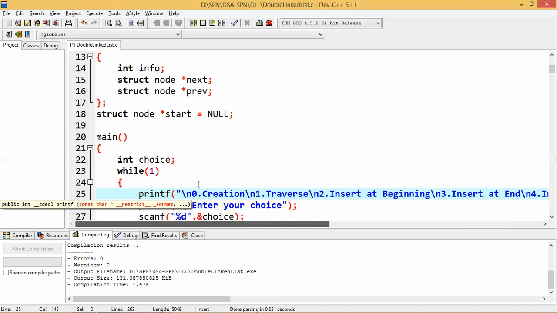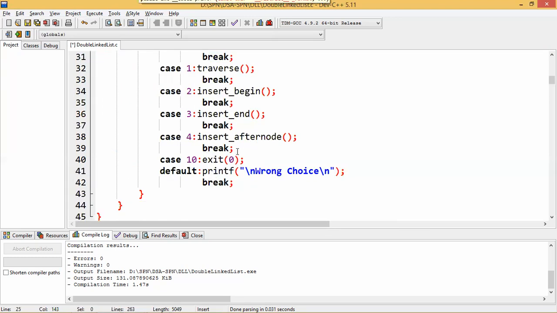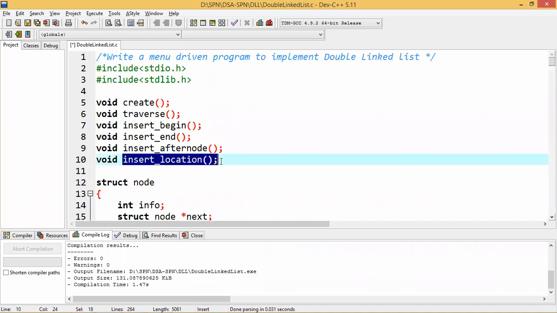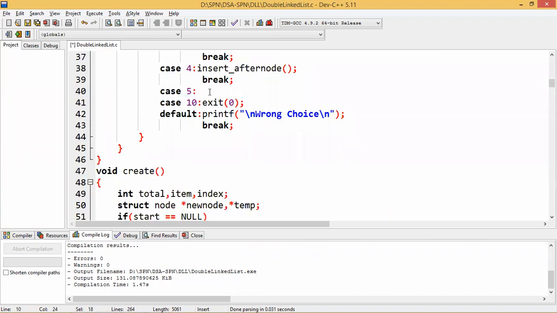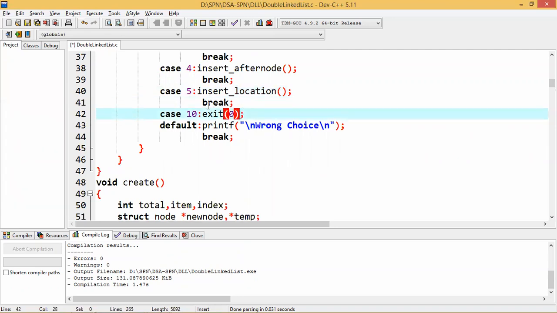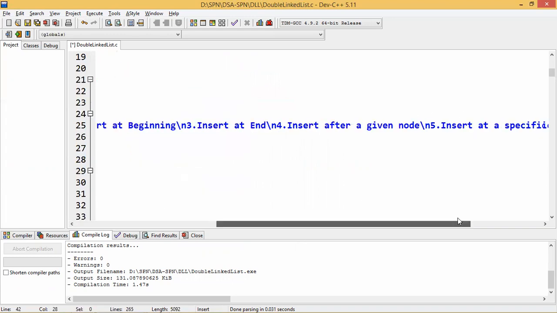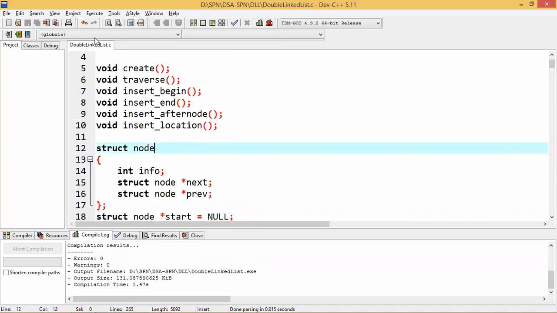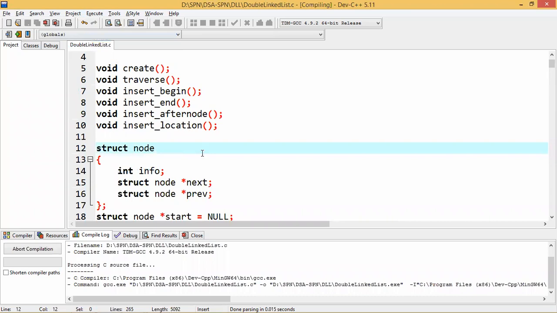Okay, then the same thing, case 5, is for insert location. Done. So we have given the option case 5 here, and then we have given the function prototype. Done. So let us execute and see whether it's working or not.